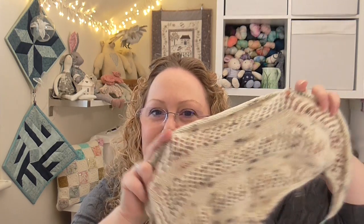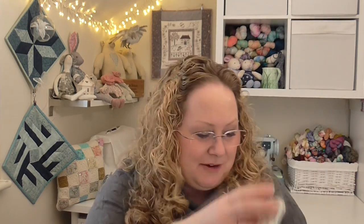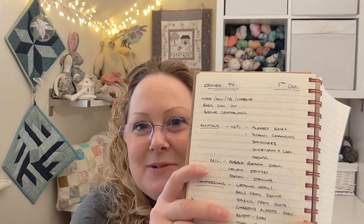So I've just been playing around with the light intensity of my lights that I've got here, just to get it so that you can see me quite easily. And then I normally hold up some projects just to see whether that comes out and doesn't glare too much, just to make sure the colour's coming out okay. I do normally adjust the white balance as well, but I've done that earlier today, so that should be okay, hopefully. I write my show notes in my Marauders map notebook, and as you can see, we're on episode 94